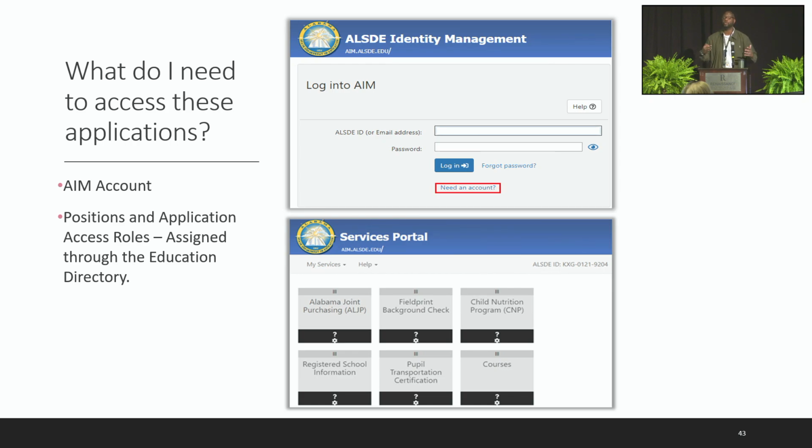So this is what you do at that LEA, whether you're the homeless liaison, the federal programs coordinator, or central office staff, whatever your position is, they'll assign that to your EdDir record. The other thing they'll do is assign you an application access role. These are important because these roles tell AIM what you can do in each individual tile. So talking about the homeless application,